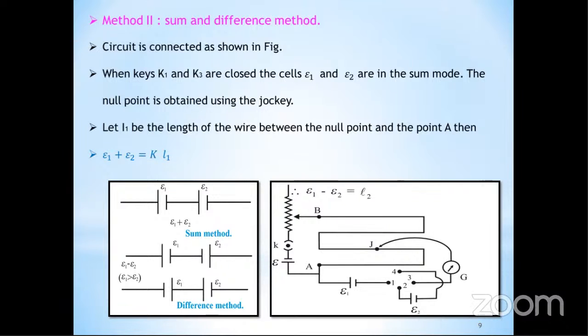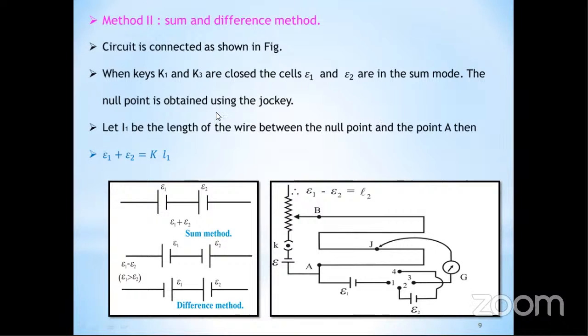This circuit is connected as shown in the diagram. First, which method is called the sum method and which method is called the difference method? The first method, comparing the EMF, is also called the separate method. Now in this method, we are going to use the two cells